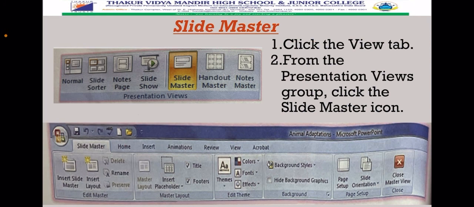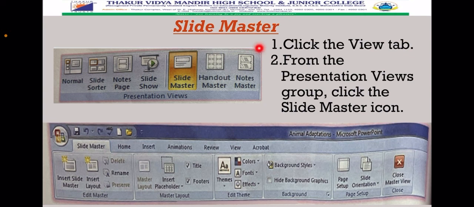Let us see our next topic, which is the last one, Slide Master. The Slide Master in MS PowerPoint is used to make changes to all the slides of a presentation. Using the Slide Master, we can select the format for title, backgrounds, colors, dates, time, and slide numbers. The Slide Master provides all the different slide layouts available in MS PowerPoint. Any changes made to a specified layout in the Slide Master are applied to all the slides having that layout in the presentation.